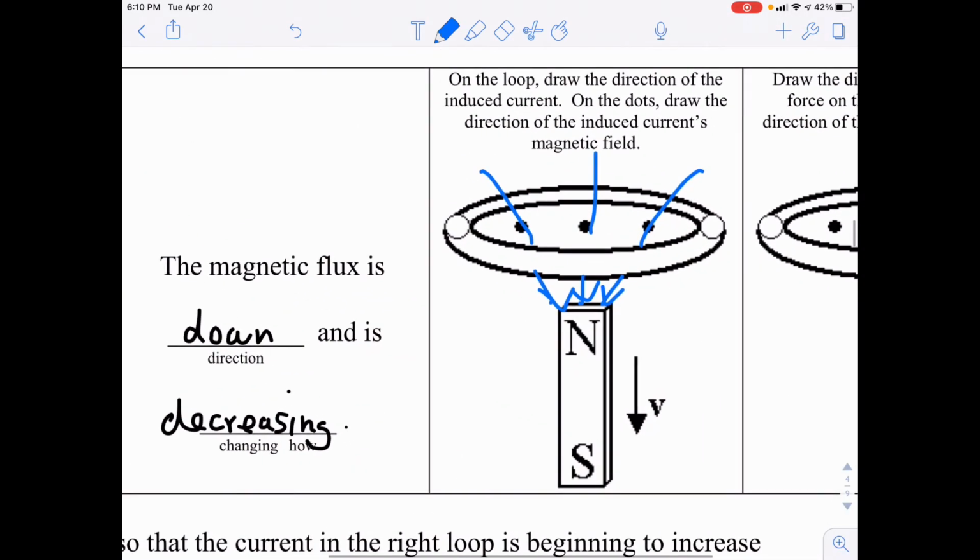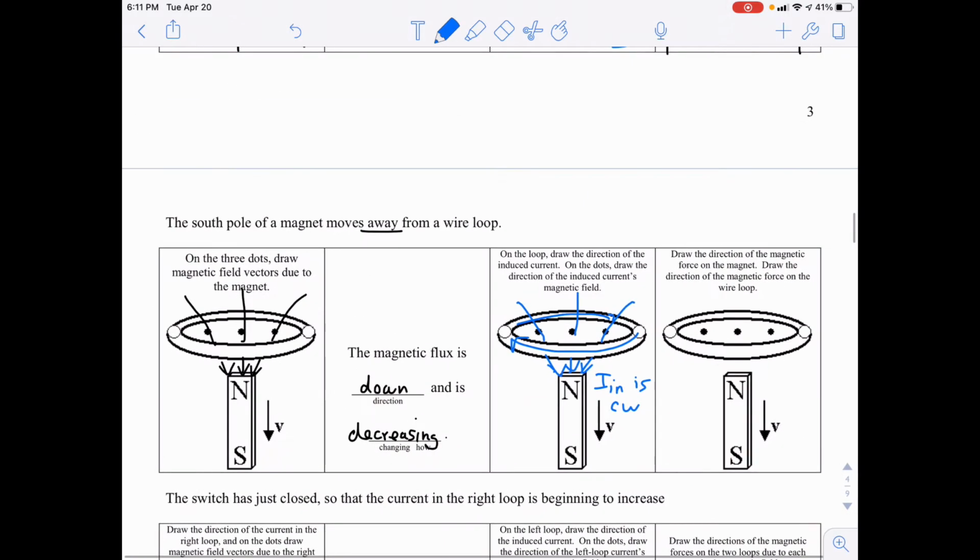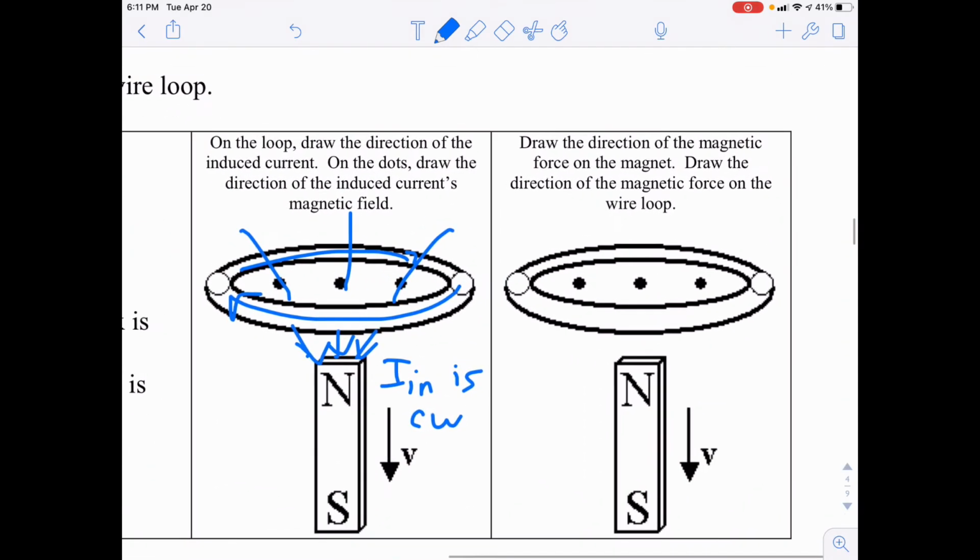Now, put your fingers through the loop straight down. Your thumb would pass clockwise with induced current. So I_IN is a symbol for induced current, and in this case, it would be clockwise. Since the vectors are pointing the same way, the loop and the magnet would attract each other the same way they did before,